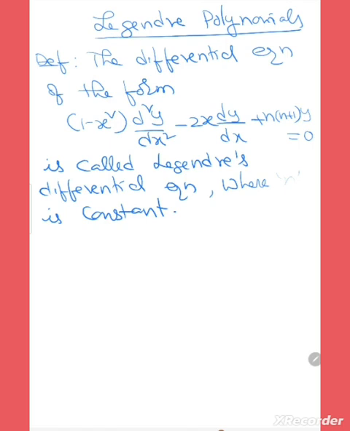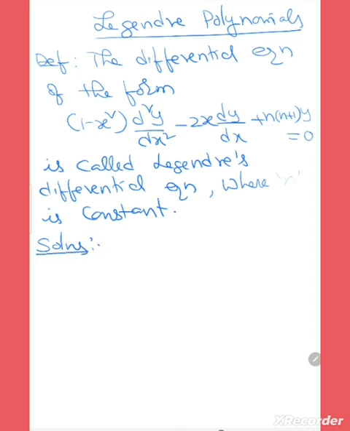Okay, so an equation in the form of 1 minus x square into d square y by dx square minus 2x dy by dx plus n into n plus 1 into y is equal to 0 is called as Legendre equation. And the solutions of Legendre equations are,